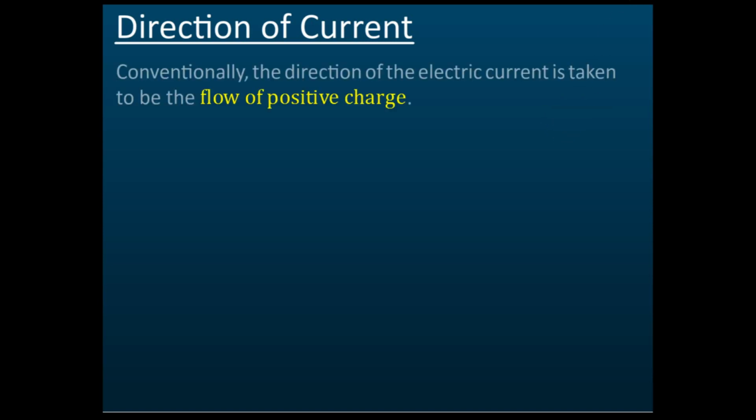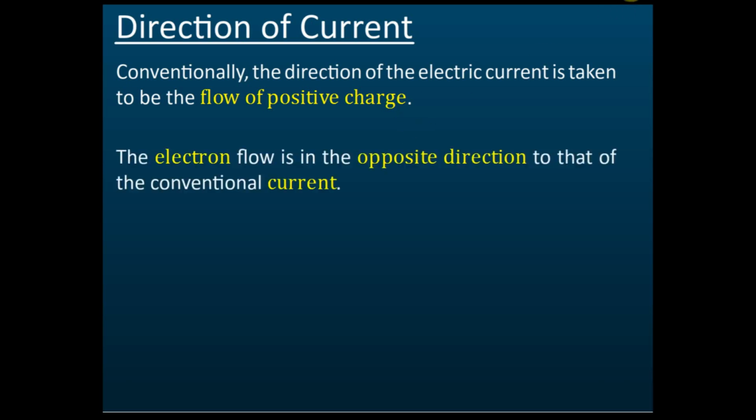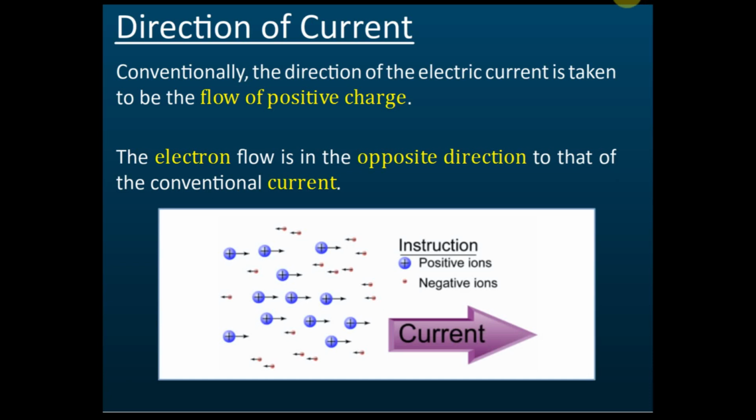The next thing that you need to know is the direction of current. This is important. Conventionally, the direction of the electric current is taken to be the flow of positive charge. What does this mean? The electrons flow in the opposite direction to that of the conventional current. Now, for example,